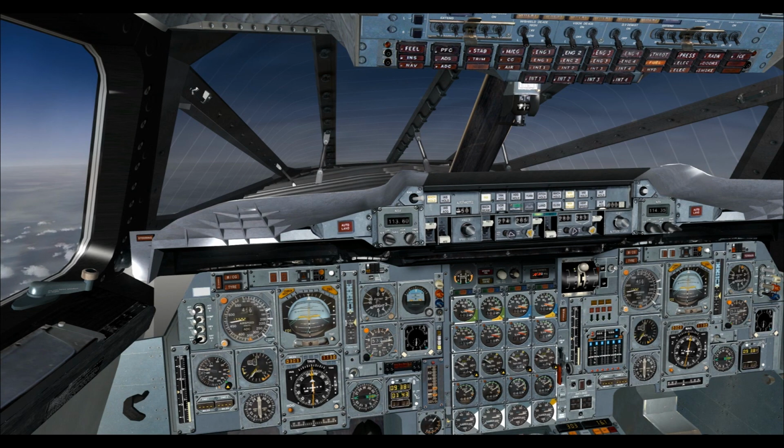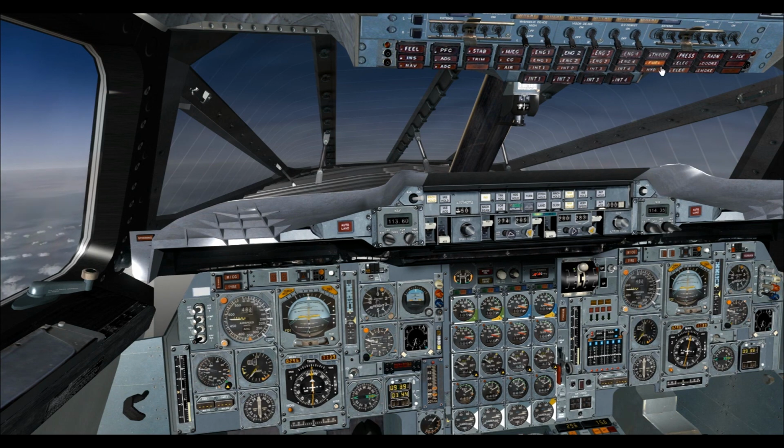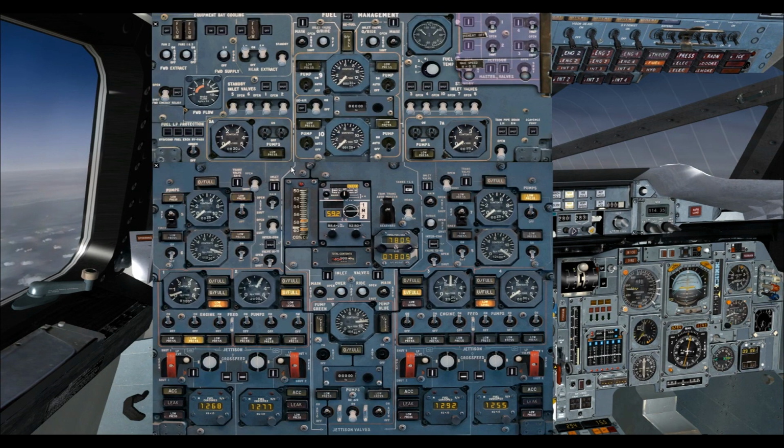Okay, so you're flying along, everything's going well, your fuel's all organized, and you've got some time, so you leave the flight deck for a cup of coffee, watch some TV, do whatever you've got to do around the house, and you return half an hour later or more, maybe an hour later, and all of a sudden you realize something seems odd. I've got this fuel light on, I'm losing altitude, what's happening? So you do some investigation, and it turns out that you have forgotten to turn on the tanks for tanks 6 and 8,